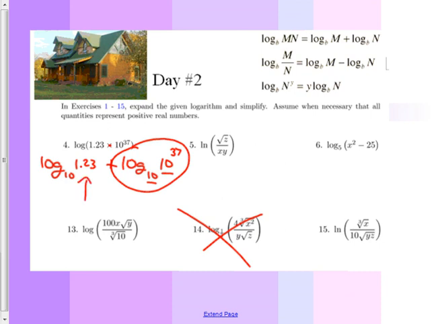Now, can anybody do that in their head? I'm doubting it. Log of 1.23. If we wanted to know what it was, we could say it equals x, right? And we could say 10 to the x equals 1.23. So it's like saying 10 to some decimal power would equal 1.23. Not coming to me. I can leave it alone. The answer is just 37 plus log of 1.23. Some of these, of course, you're not going to be able to figure out in your head. All right. Next up,